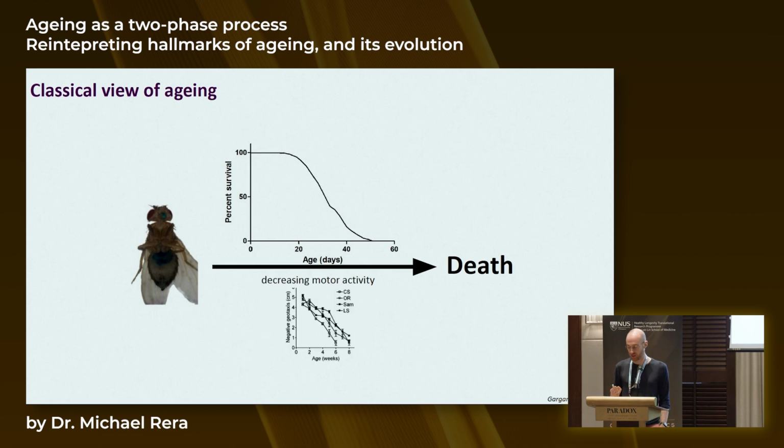So this here is measured by a negative geotaxis assay. So you place flies in vials, you tap them down, and then you measure in a fixed amount of time what's the distance they can actually go up within the vials. And you see that from young and pretty active individuals, you go down to old and a lot less active